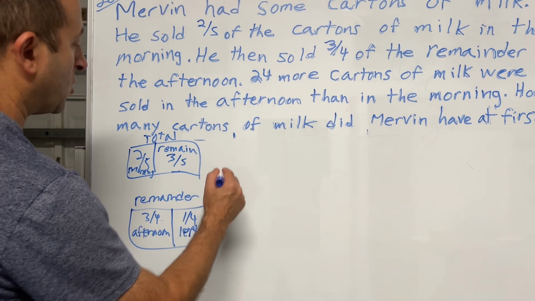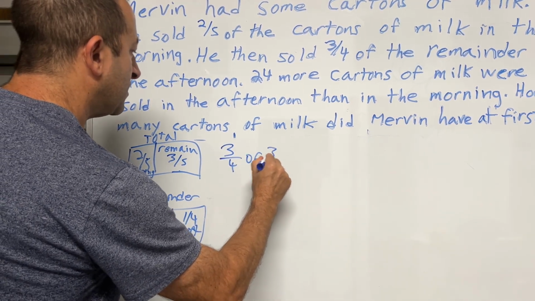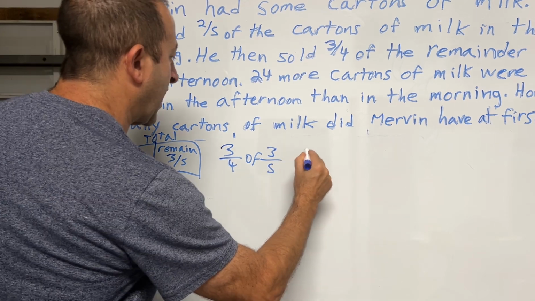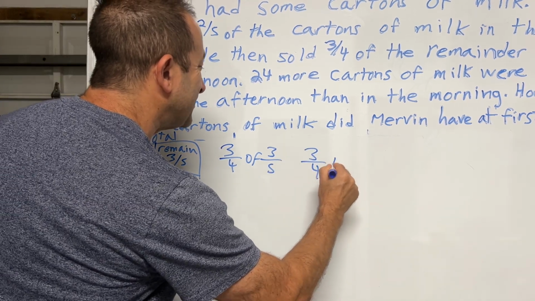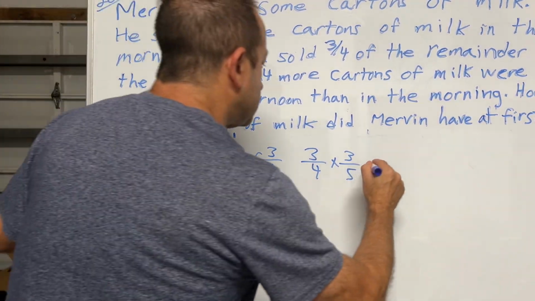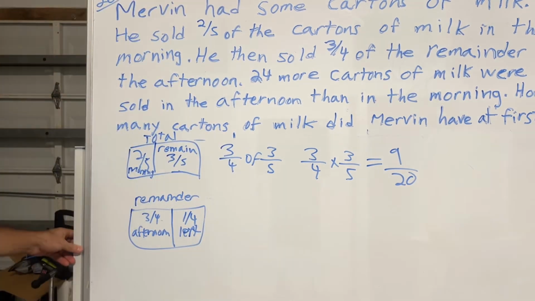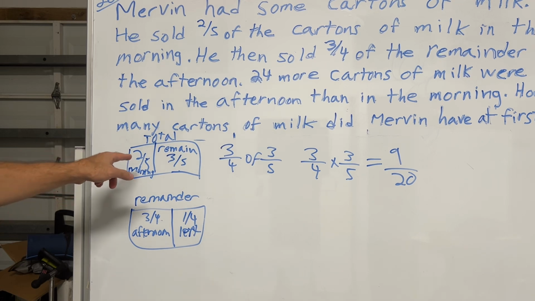And when you have 3/4 of 3/5, that's the same thing as 3/4 times 3/5. And that equals 9/20. Then you want to compare that to the number of cartons of milk that were sold in the morning,